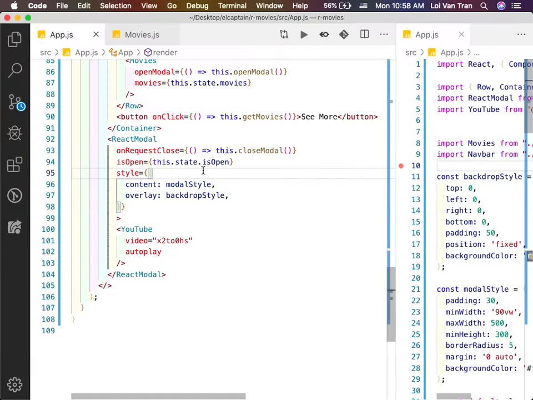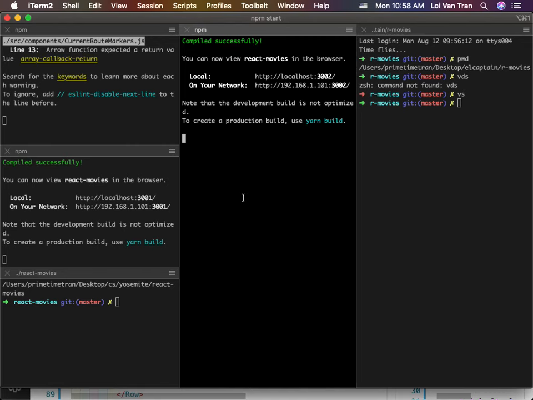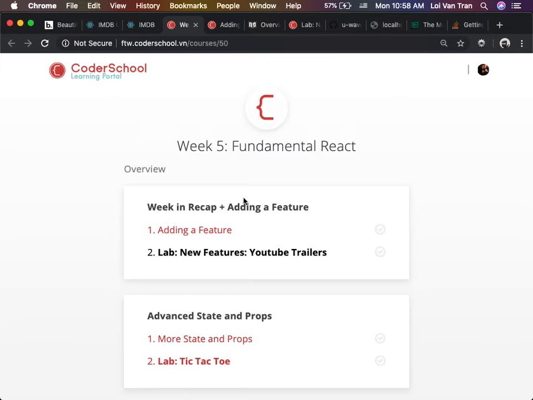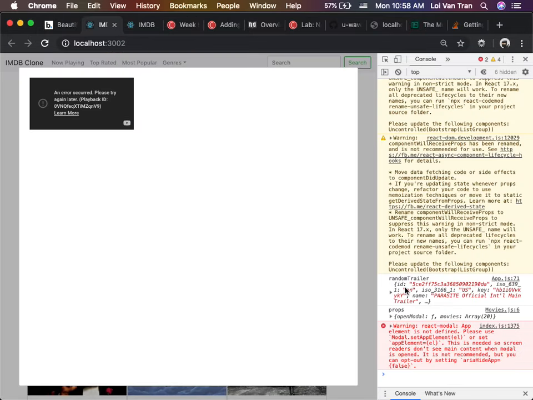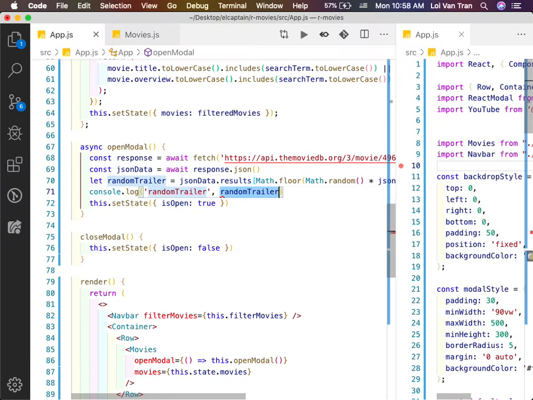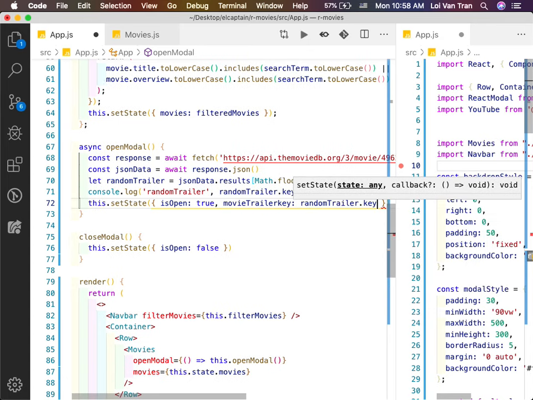We're just going to write some JS6. So whenever this modal pops open, we're going to take this movie random trailer. We're going to do what, guys? We're going to look at its key. We're looking at this one right here, the key. So we do dot key. And I'm going to add a new piece of state. We're going to call it, I don't know, movie trailer key. You just paste it right there.